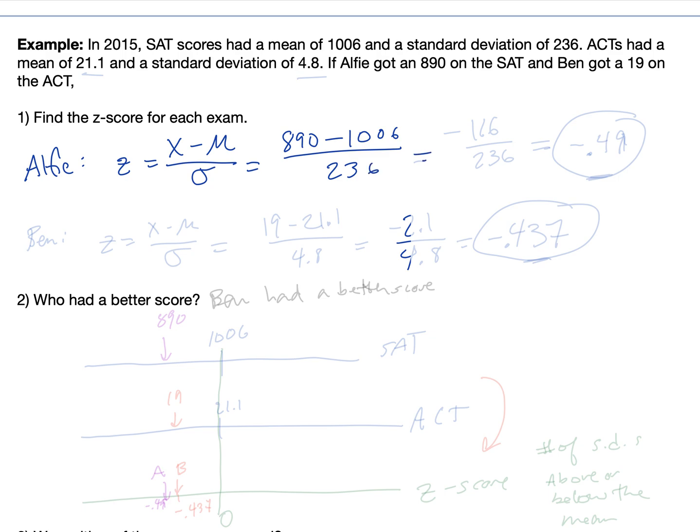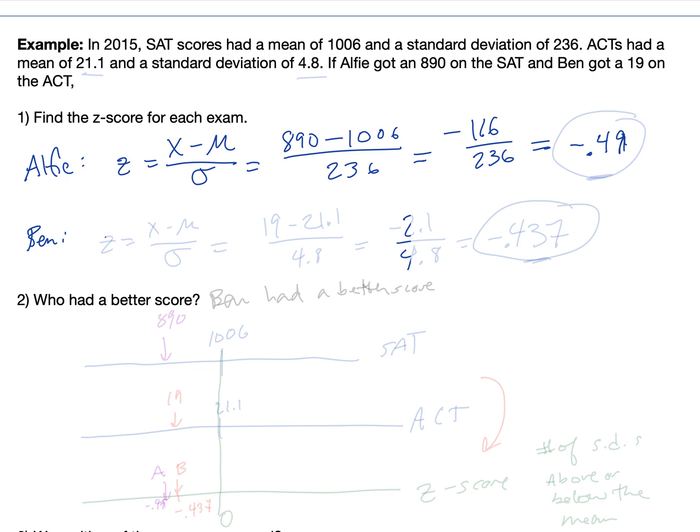And so that will give us a negative 116 divided by 236. And so we'll have a negative z-score in this case, a negative 0.49. So that is telling us that Alfie's z-score is about half of a standard deviation below the mean,